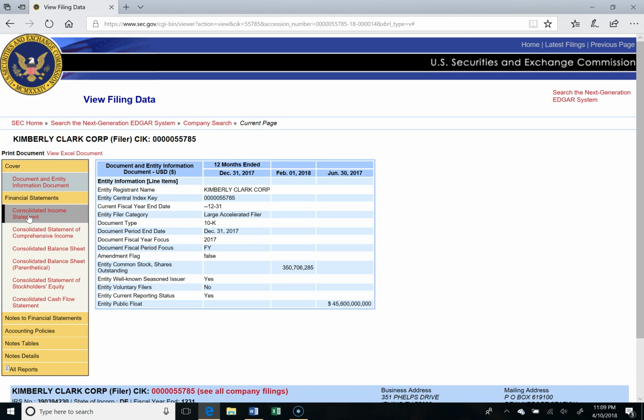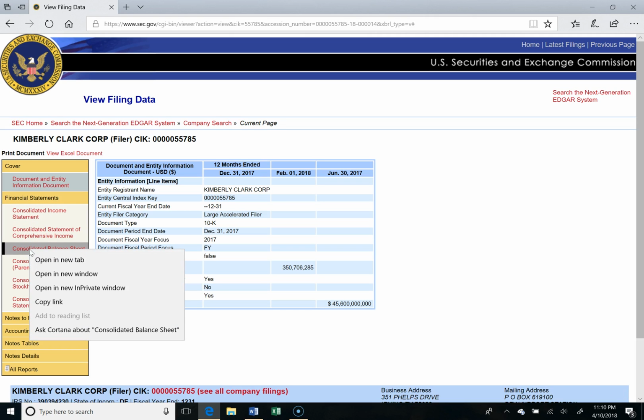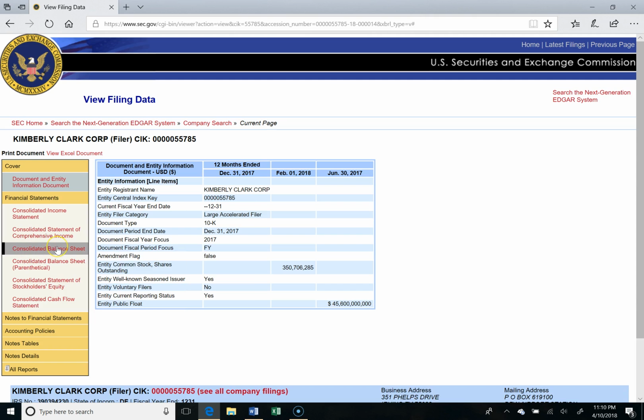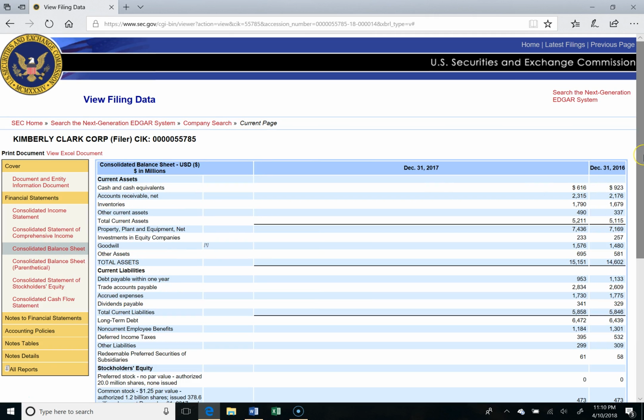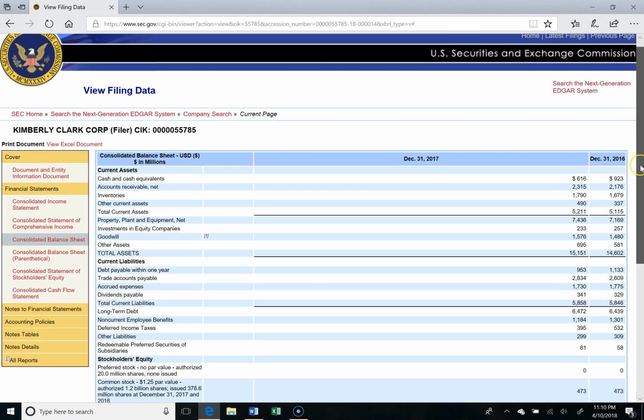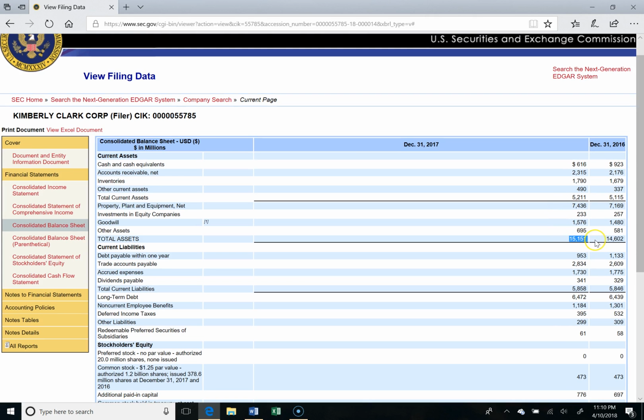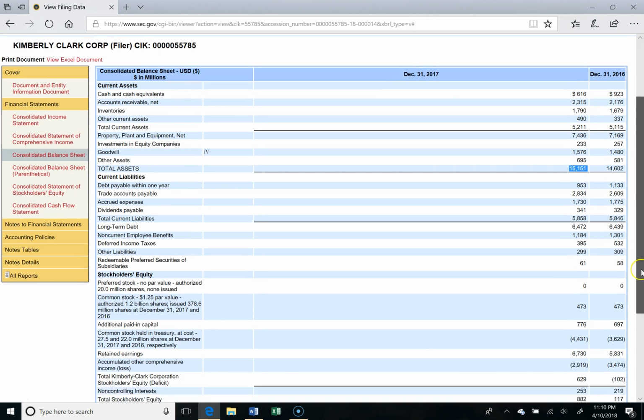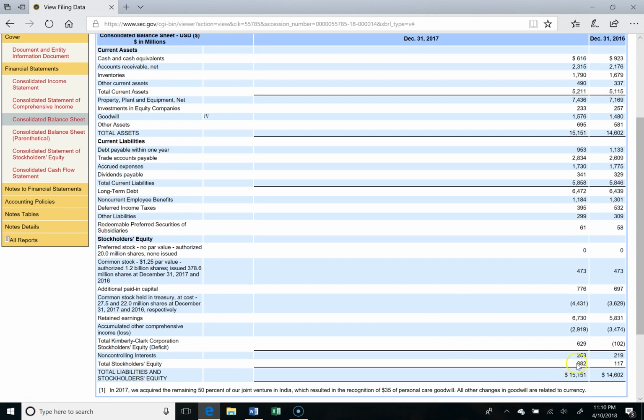Question 1, Part A, asks for the accounting equation. I go to the balance sheet. Sometimes it's called the Statement of Financial Position. You might see that on the company you're looking at. Click on the balance sheet. And I see that assets are equal to $15,151,000, and equity is equal to $882,000. I can easily back into the total liabilities number by taking the difference between 15,151 and 882,